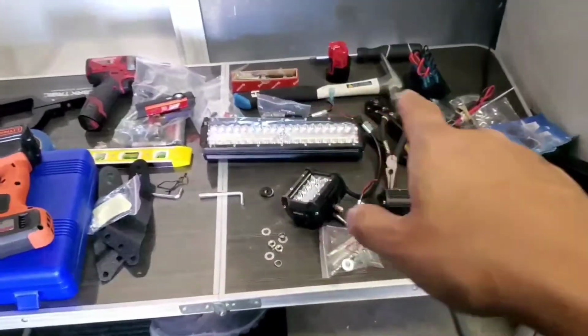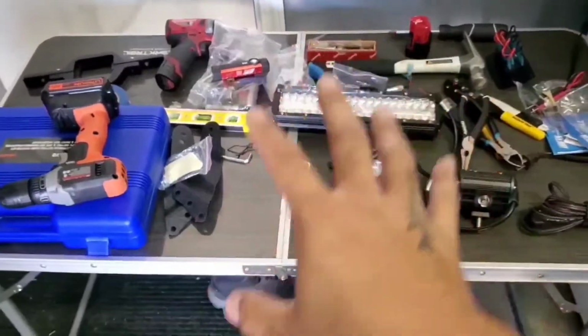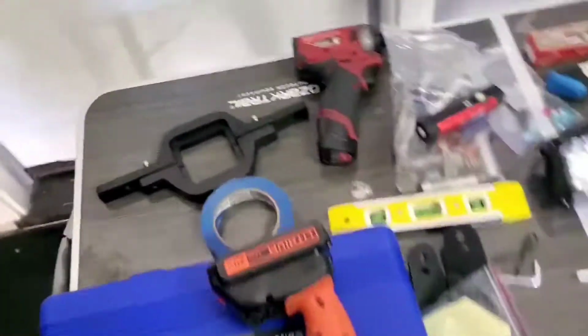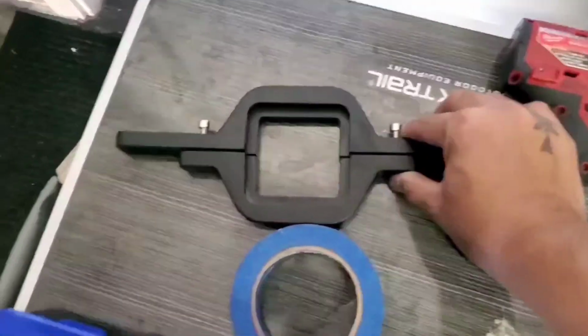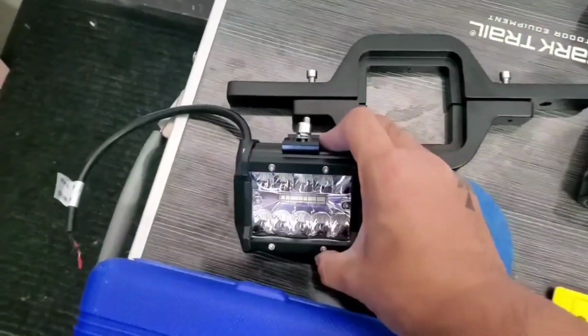This is just extra wiring and all these buttons and all this stuff, but I just laid it out because it's the closest I can get my hands on right now. But I realize if you guys are getting this tow hitch right here with the adapter to set these guys up here or whatever,